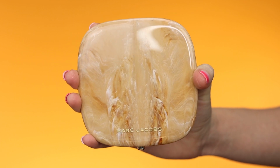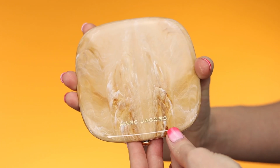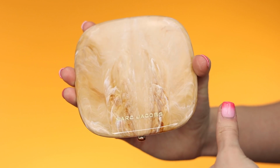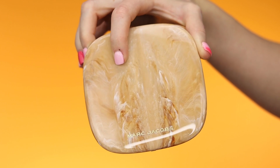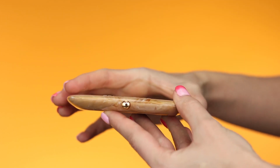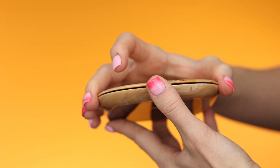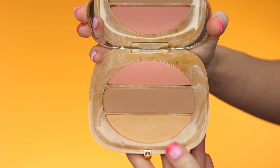It is a lot bigger than I was imagining. For some reason, I thought this was going to be a small little palette, but I was really pleasantly surprised that this is one of the big palettes. The packaging was inspired by swirls of cream and coffee, which I love. The packaging is beautiful, very luxurious. You just push the little button right here, and then when you open it up, you have these beautiful